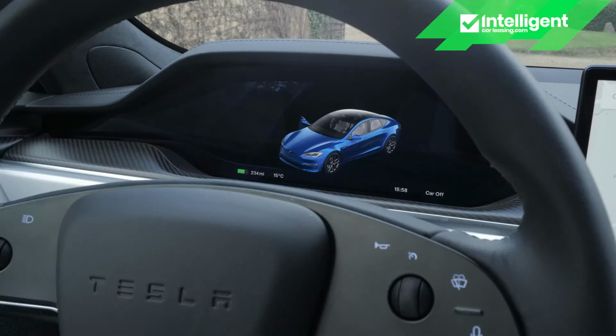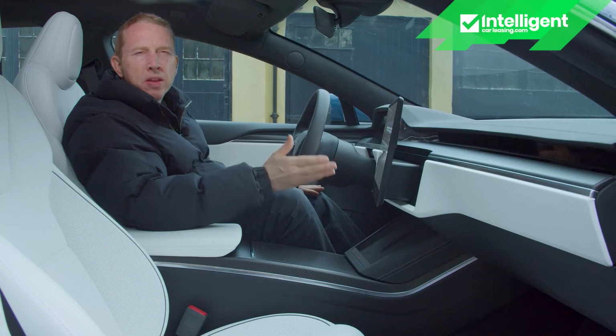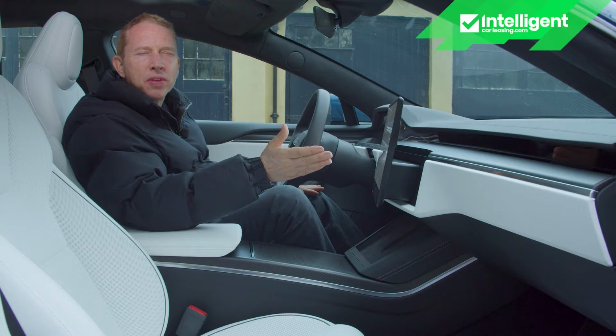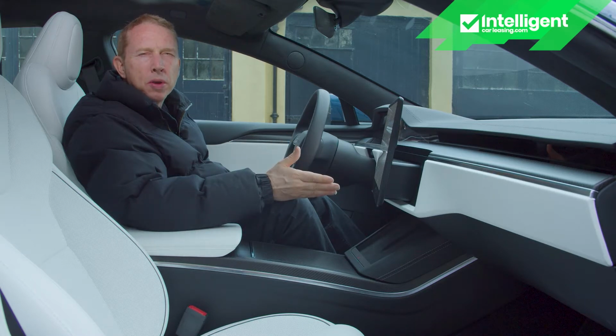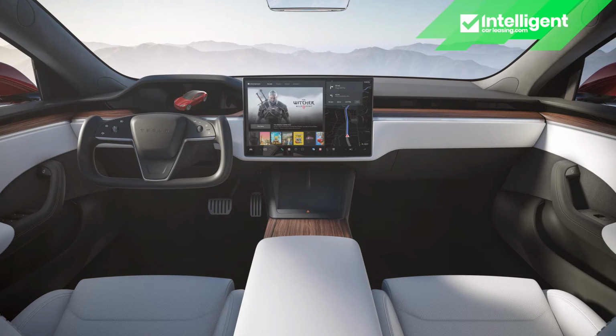One change we'd expected that hasn't happened is that there's still a separate instrument screen ahead of you. On smaller Teslas, drive instruments are confined to the near side of the central monitor. This test car doesn't have this redesigned cabin's real talking point, the optional aircraft-style yoke that can replace this conventional steering wheel. When fitted, it gives this Model S a Thunderbird style that suits the futuristic vibe the designers were clearly looking for,